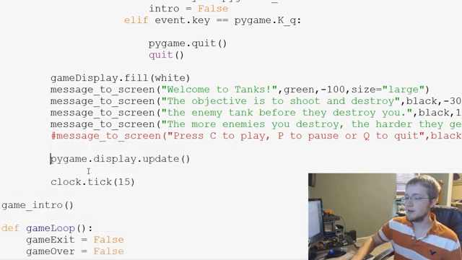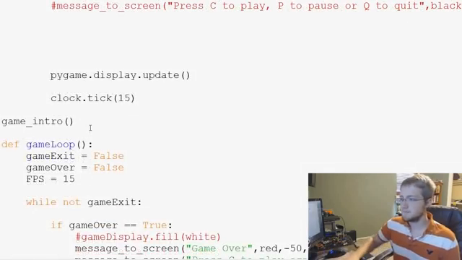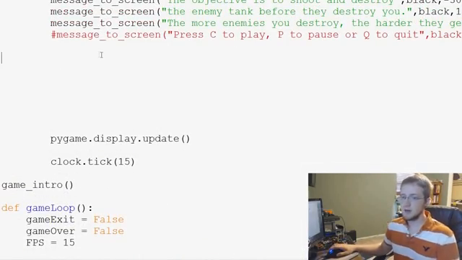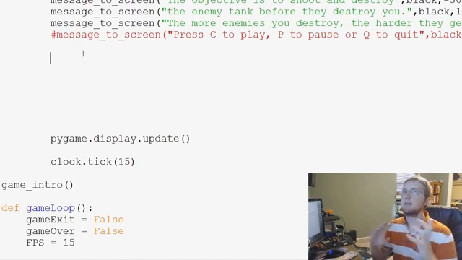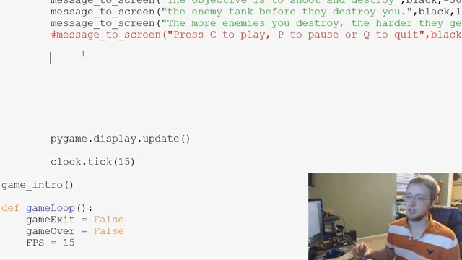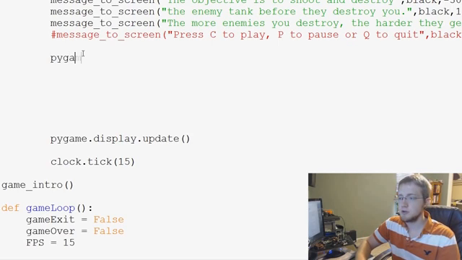Now, before pygame.display.update, let's just make some space. And here's where we're going to add some of our rectangles. So we know that we're going to just add these rectangles, and they're going to be our buttons to start. So first, let's just draw the rectangles to the screen, get them kind of aligned how we want. So first we'll do